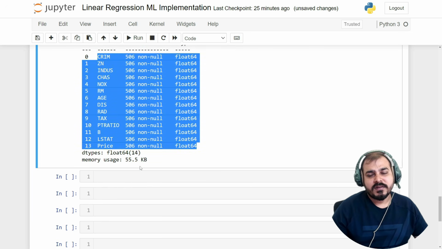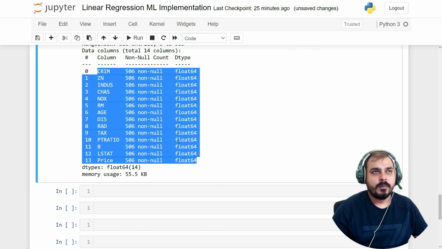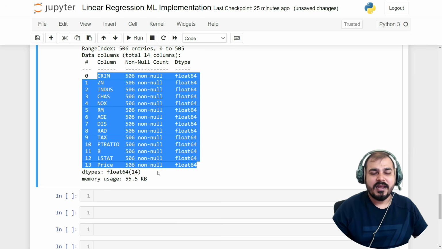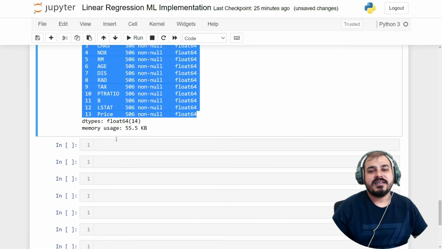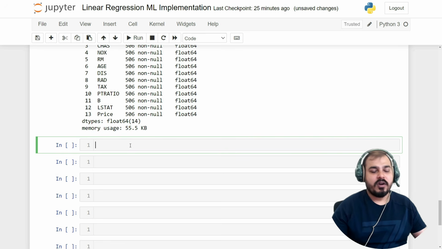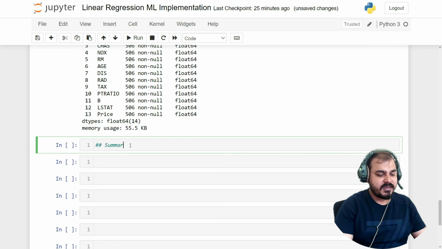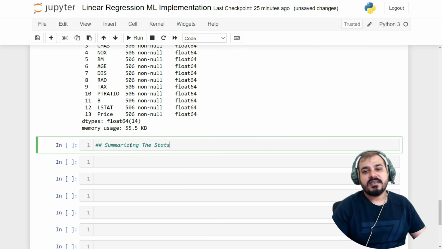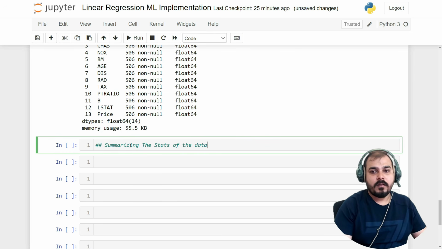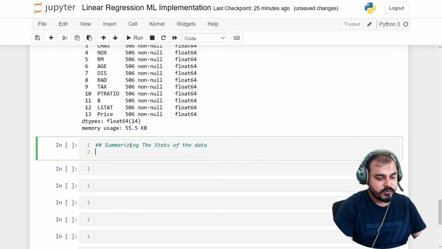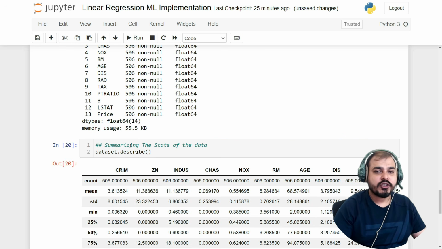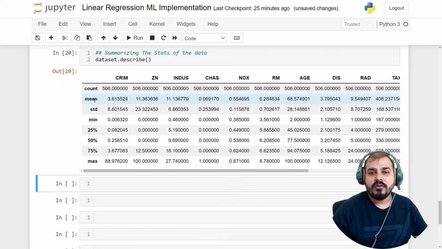This is fine. Since this is already in floating point, I hope you know about percentiles, like the 25th percentile, the median, the 75th percentile. If I really want to describe my entire data set, I can also say summarizing the stats of the data. In order to do this, I will just use dataset.describe. Describe is one function, and this will give you the count, mean, standard deviation, min, 25%, 50%, 75%,